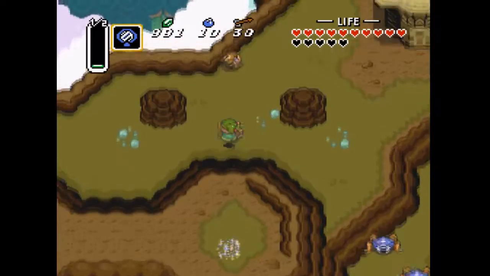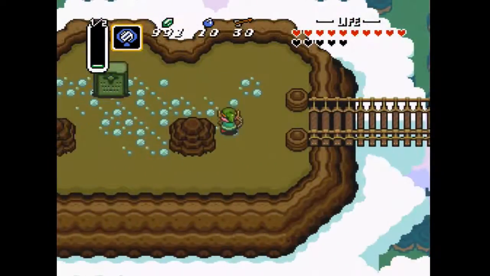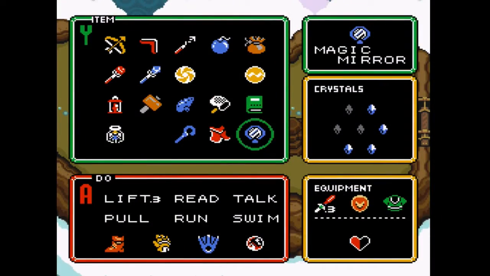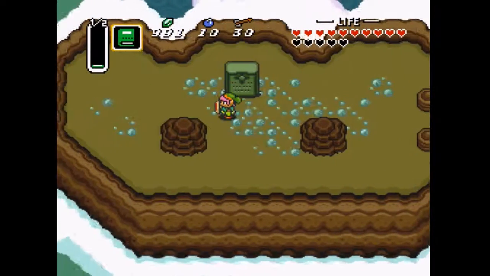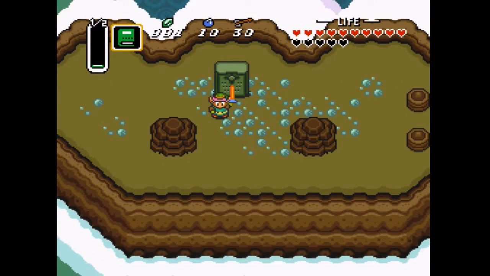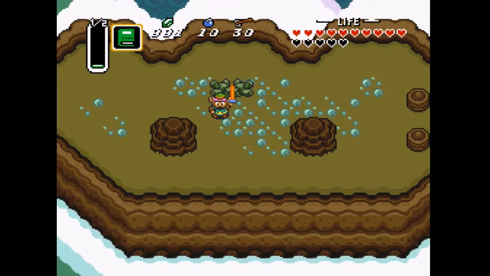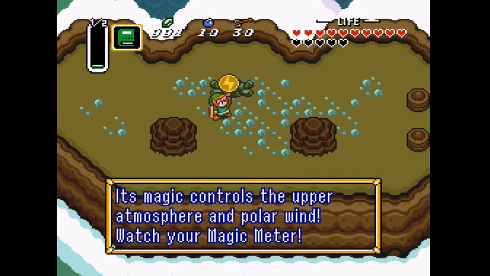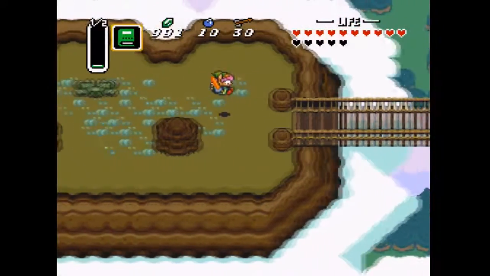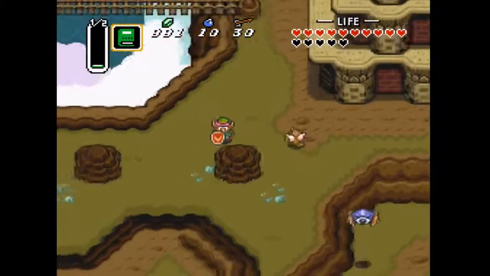Okay. And across here is where we want to go. We couldn't get it before because we didn't have the Master Sword. We still don't have the Master Sword, but it's like a tempered Master Sword is what we're meant to have now. But yeah, Book of Mudora for the final medallion. Yeah. Nice. This is the Ether Medallion. Its magic controls the upper atmosphere and polar wind. Watch your magic meter. There we go. That's everything. I think we've got every key item we'll need to get through the entire game now. Pretty much. Anyways,